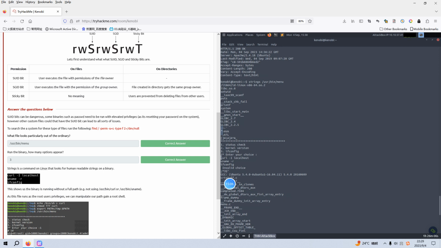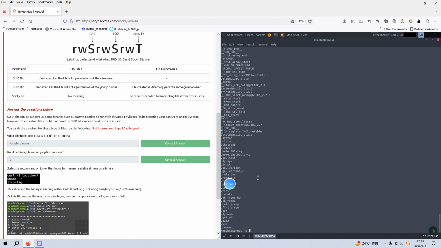Yeah, here as you can see, I think this file is trying to use the command curl to make a connection to localhost. And it's very important to note that this command doesn't use an absolute path. So I think we can generate our own curl command and then elevate our privilege. So how to do it? We can navigate to the temp directory